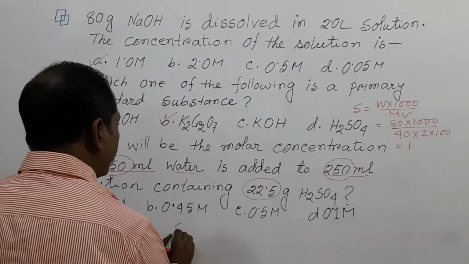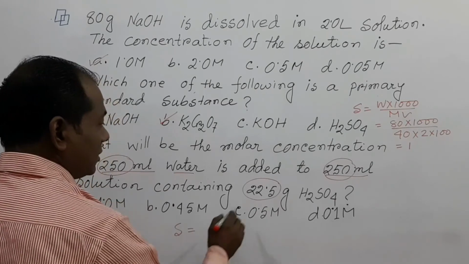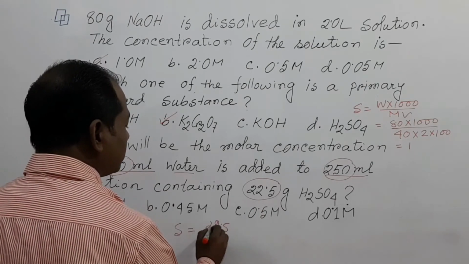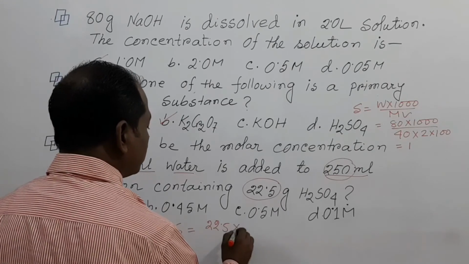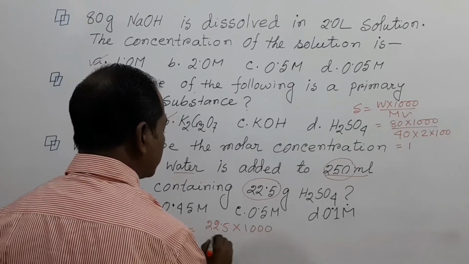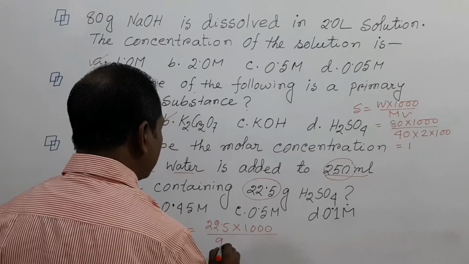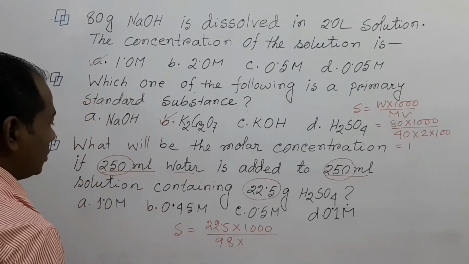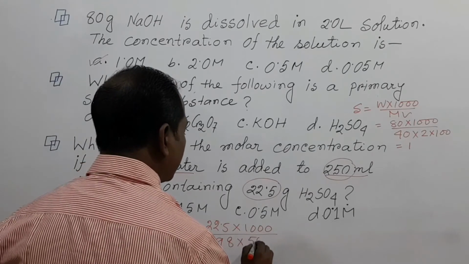So here we write weight W equal to 22.5 into 1000 divided by molecular mass of sulfuric acid, that is 90, and the total volume is 500,